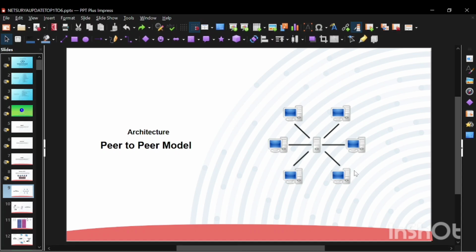You have a bunch of friends and each of you has a unique playlist. Instead of uploading your playlist to a central server, you can just share it directly with each other. If your friend wants a song from your playlist, they can get it directly from your computer, and vice versa. No middleman, just direct sharing. According to the definition, in a peer-to-peer or P2P network, every computer can act as both client and server. This means each computer can share files directly with other computers without needing a central hub. That is called your peer-to-peer model.